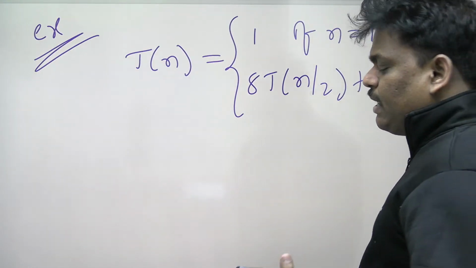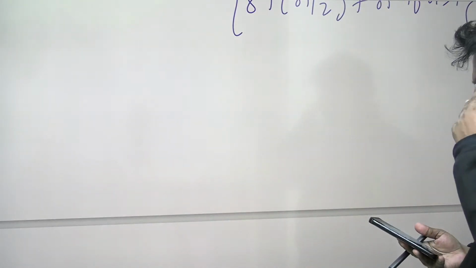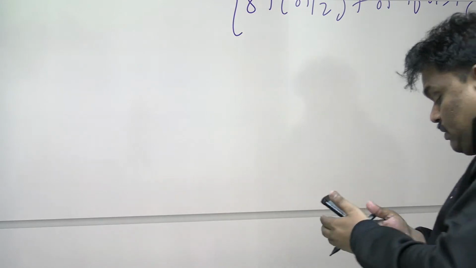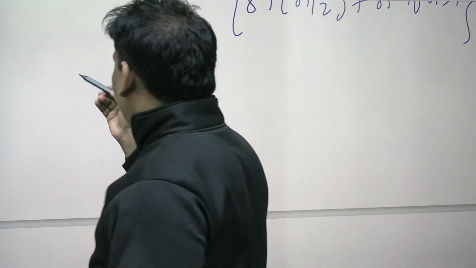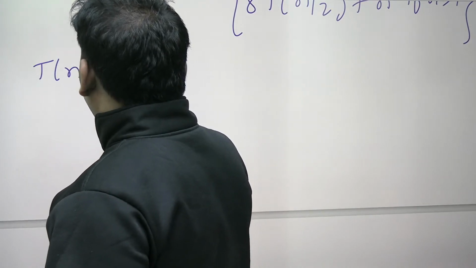Let me write the answer. Given enough time, let me give the answer. I'm starting. See this one. T(n) is equal to 8T(n/2)